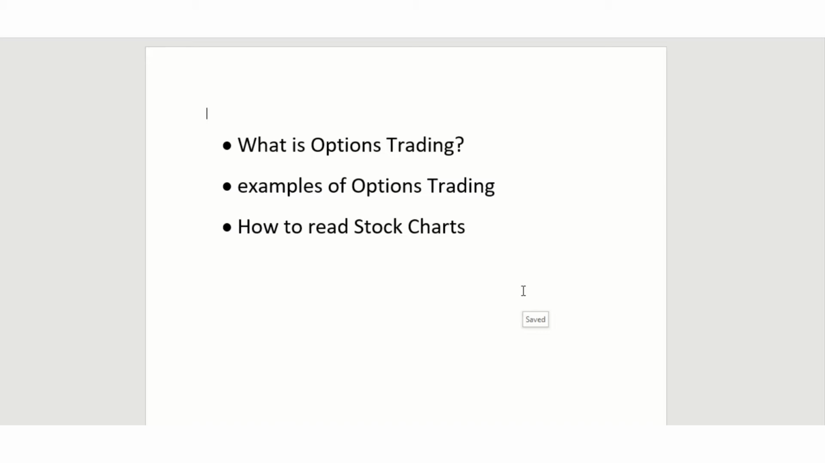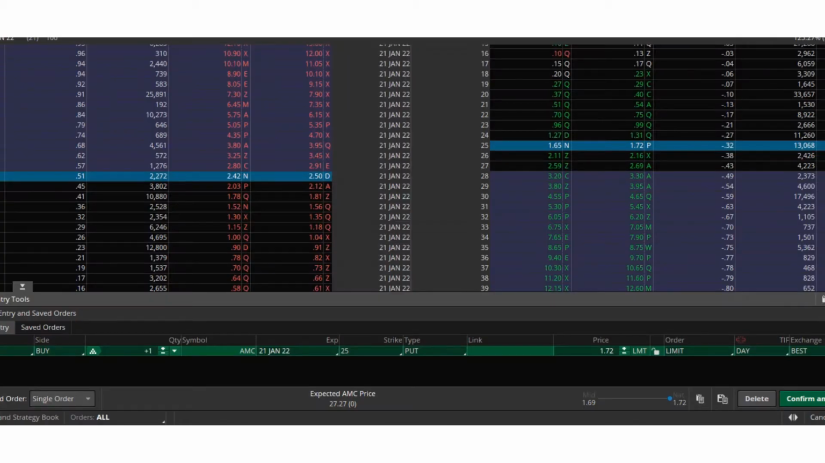Okay, so let's look at examples of what options are. So let's go to the platform. And over here, we're looking at AMC. AMC right now is at 27.20. We've got the January 21 expiration showing. At this expiration date,